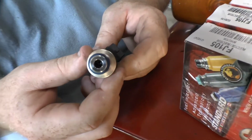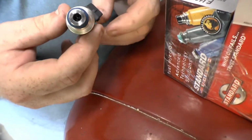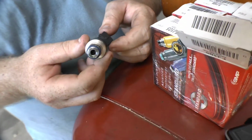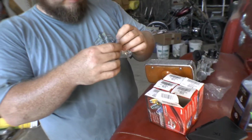There's 3 orifices in there. I don't know if you can, I guess orifices is probably not the correct way. Maybe say that plural. Maybe you can see it. But anyways, yes. Orifi, maybe? I don't know, guys. We're not good at that. So anyways, yes, these are 3 orifice injectors, so it's going to have better atomization right out the gate than